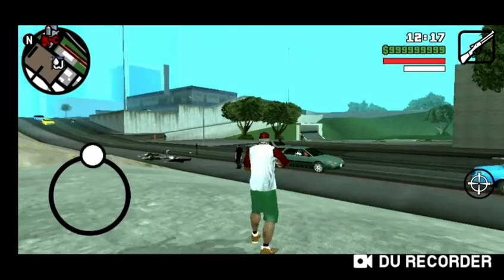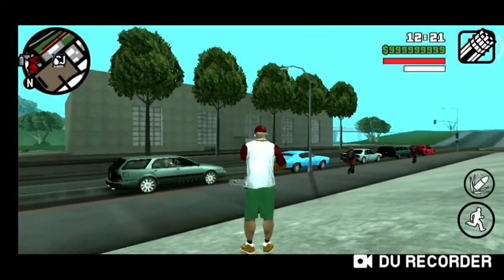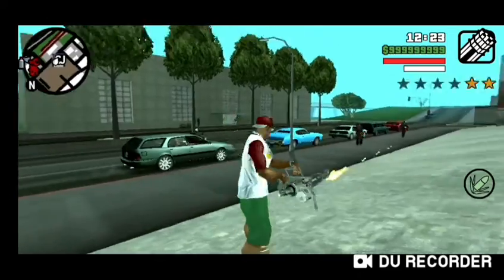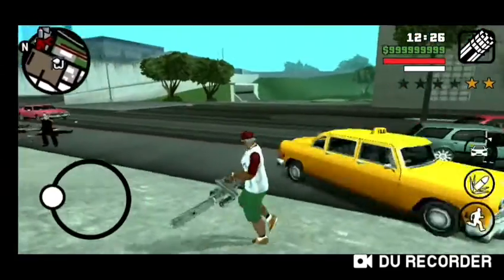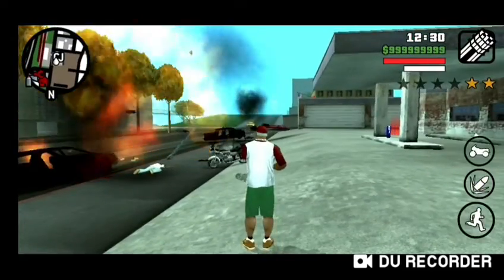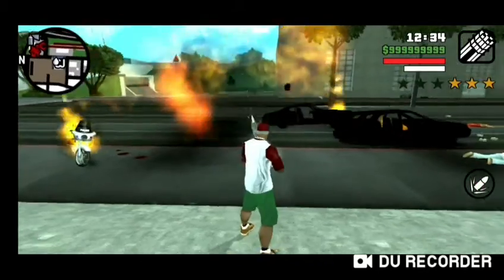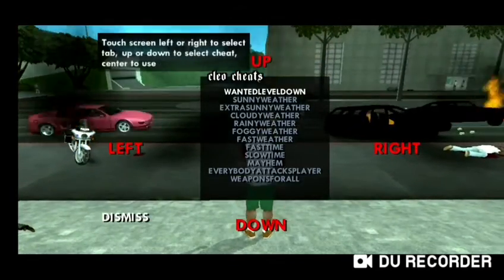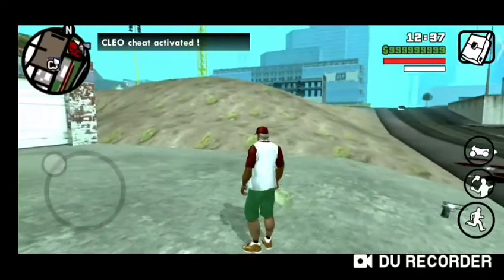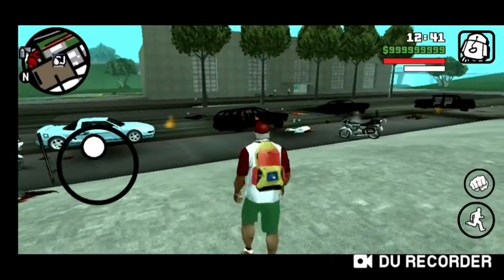Okay, so the rifle is just like a shotgun. So yes, we have all the weapons we need. It's enough to take down anyone. Nobody would even stand a chance right here. We'll just again take down the wanted level. We are not here to fight right now. So okay, this was our second mod.